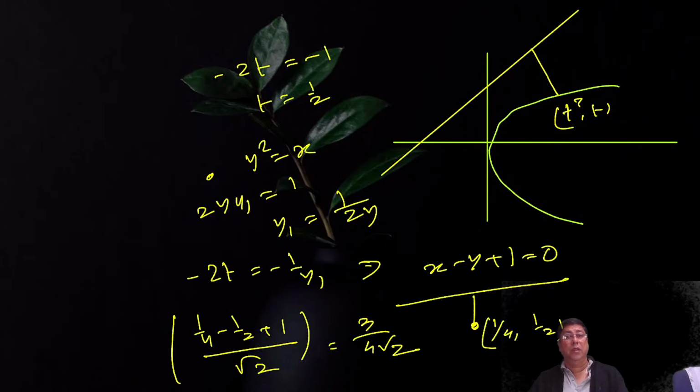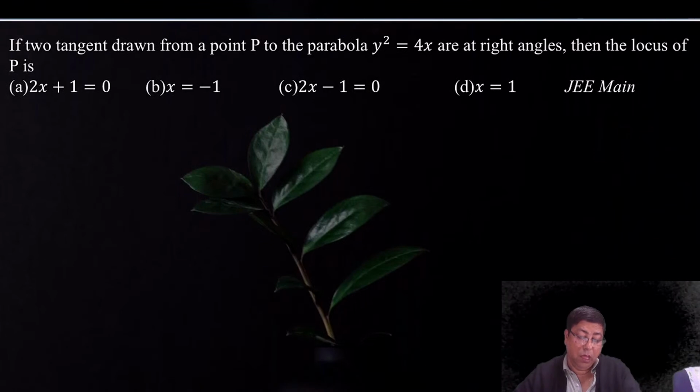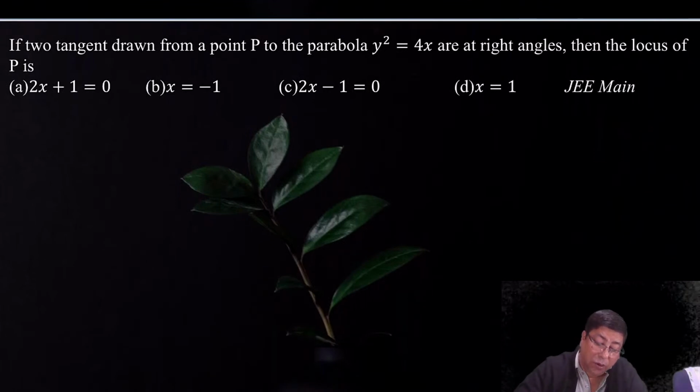It is nothing but the common logic. Okay, so let us go to the next one. If two tangents, it will be tangents actually. There's some printing mistake. If two tangents drawn from P to the parabola y squared equal to 4x are at right angles, then the locus of P is